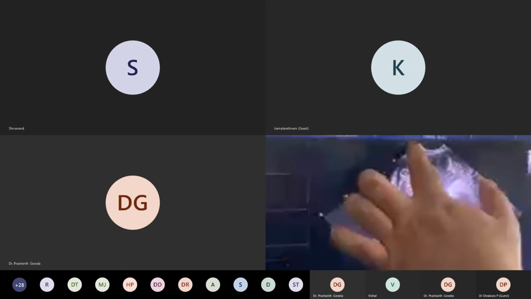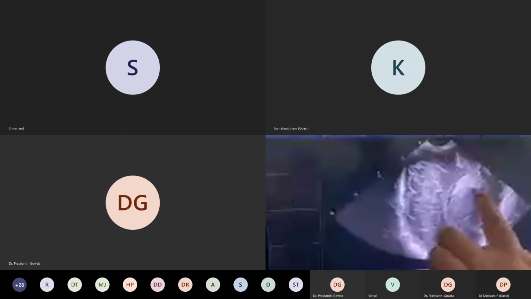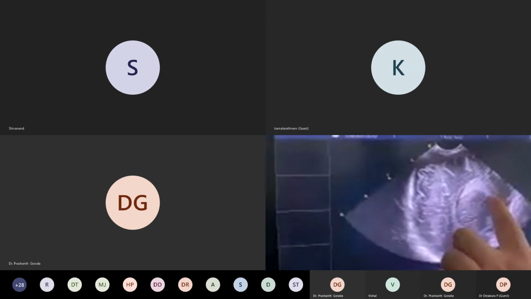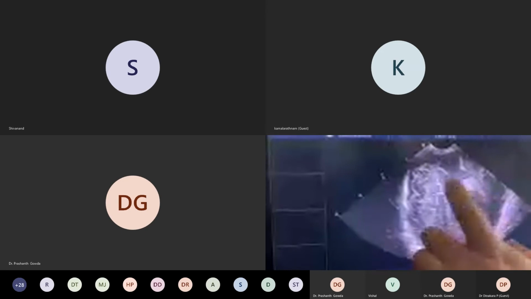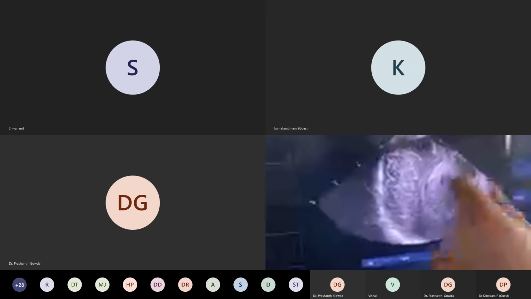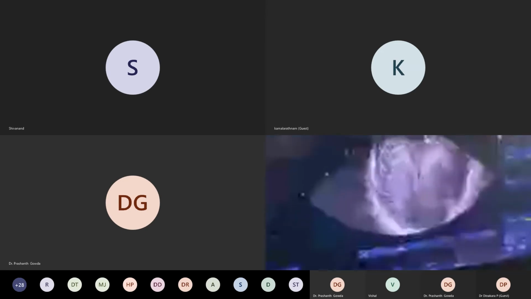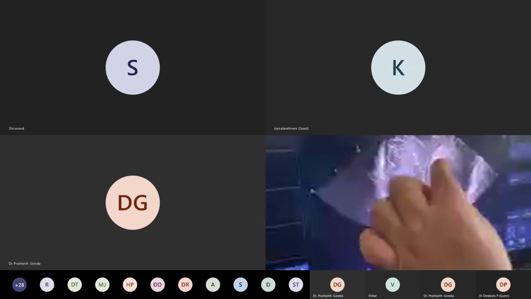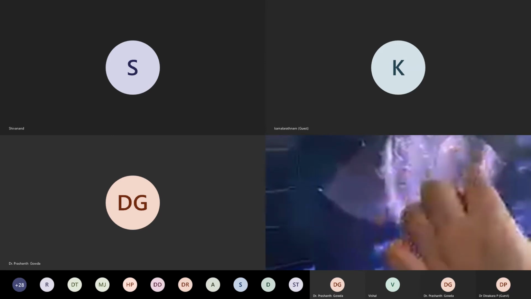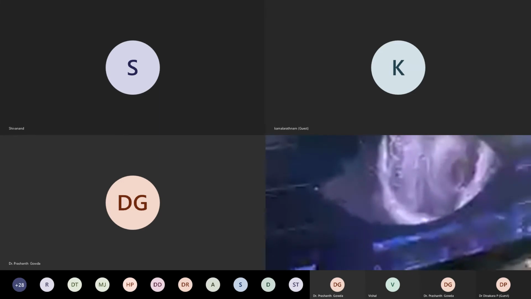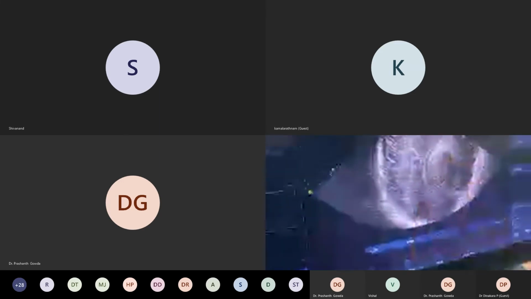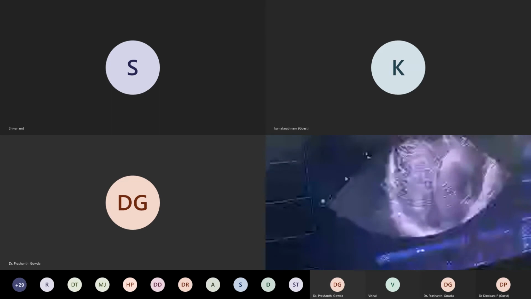So this is the probe marker which is showing. You can see your lateral ventricle, choroid and a bit of the occipital horn. If there's any bleed, you will see that. But in this baby, the lateral ventricle was very small, very thin and straight, that's why you're unable to see it clearly. In extreme premature babies, if the ventricles are big, you can see them very clearly, like we showed in the presentation.